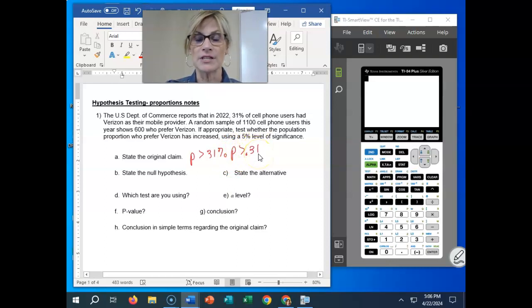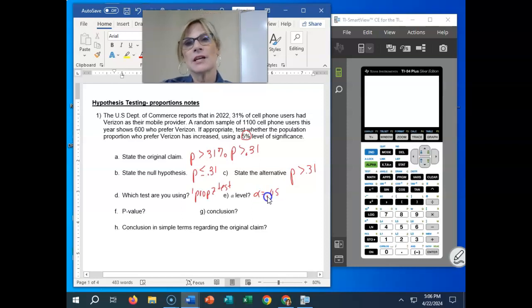Is that your null or is that your alternative? It doesn't have an equal sign, so that means it's your alternative, and the exact opposite of that would be your null: less than or equal to 0.31. This is a proportion, so we are doing a one prop z-test at the 5% level, so alpha is